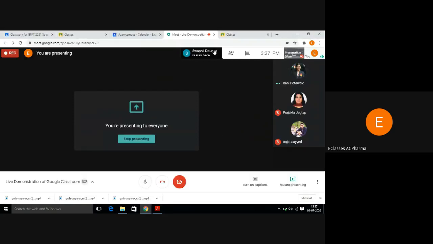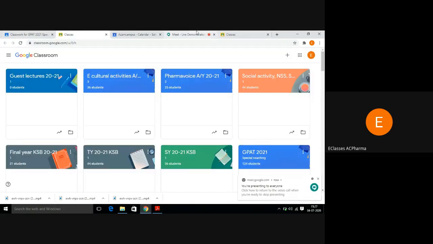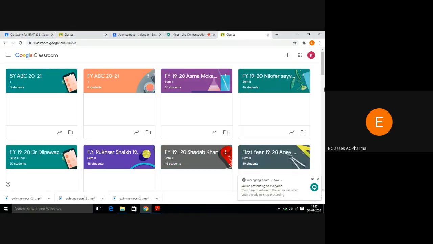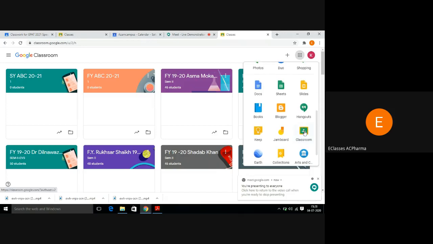The head of the institution has their own Gmail IDs. Through their Gmail IDs, they will enter into the Google Classroom through this Google app.